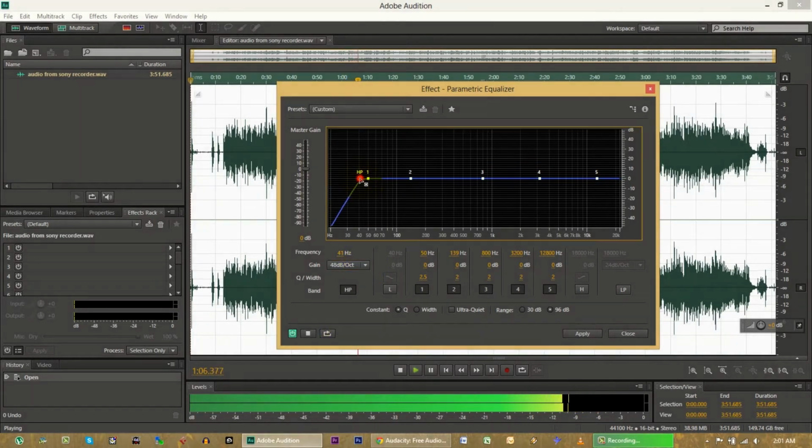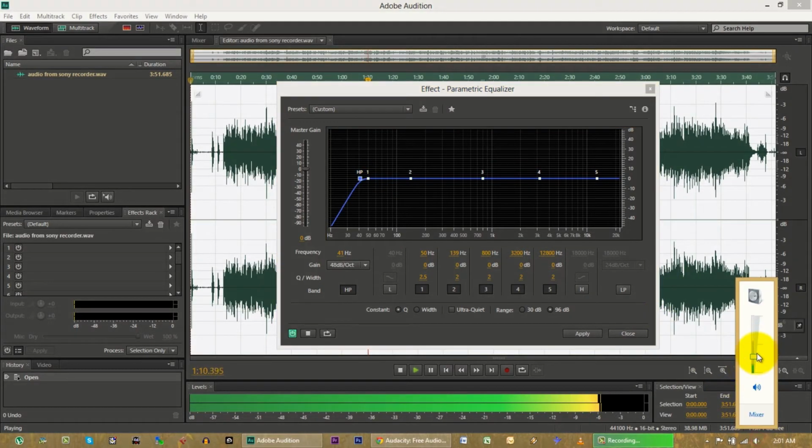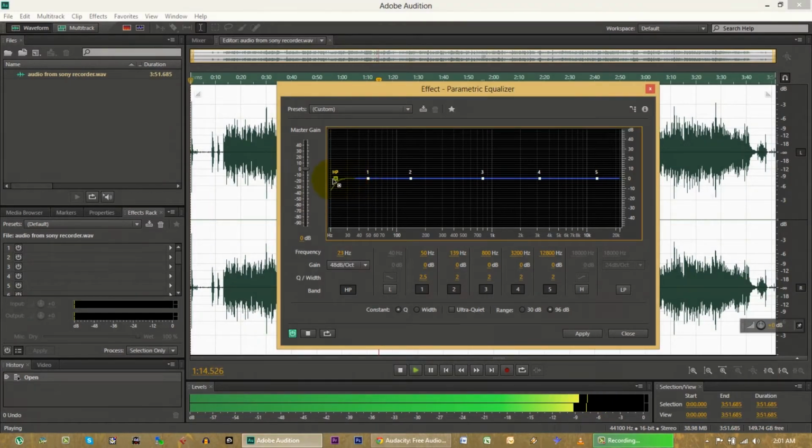Now let's see if we can hear a big difference. So hopefully you can hear that with the camera.